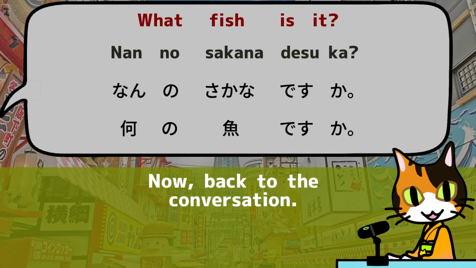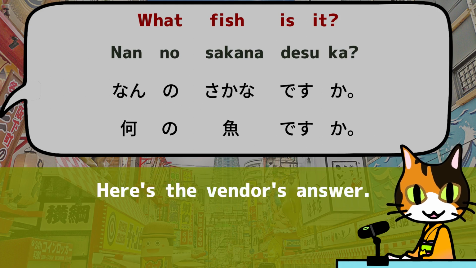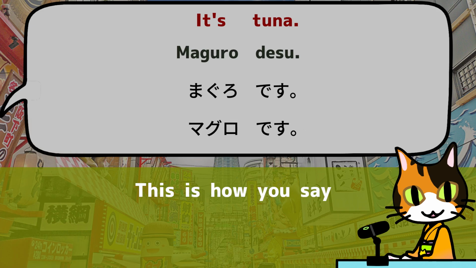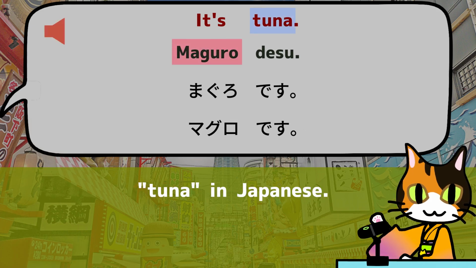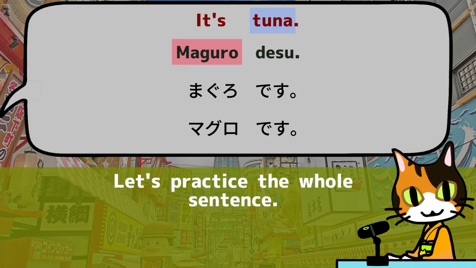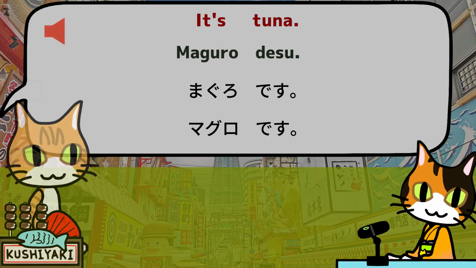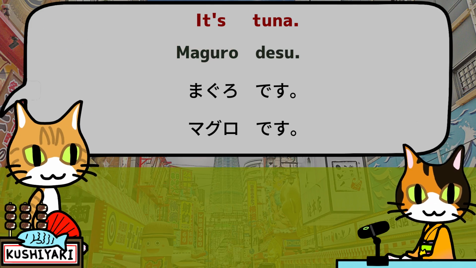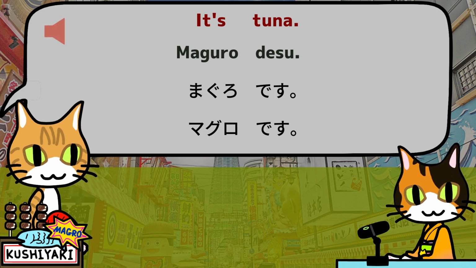Now, back to the conversation. Here's the vendor's answer. マグロです。 This is how you say tuna in Japanese. マグロ。 Let's practice the whole sentence. マグロです。